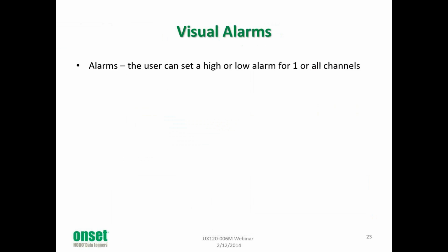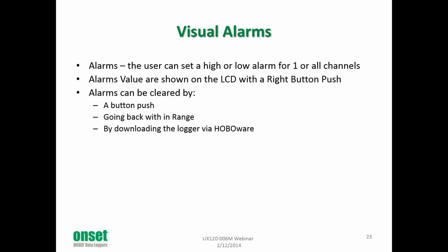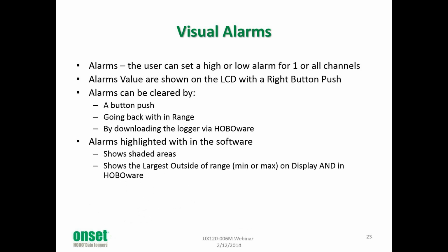So another feature that we've added onto this is something called visual alarms, where you can set an upper and a lower range for one or all 4 channels. It's displayed on the LCD with a right button push. The alarms can be cleared a number of different ways, whether that's by a push button, whether the sensor goes back within range, or by downloading the logger to HOBOware. The alarms are highlighted in the software. There's a shaded area, and also HOBOware shows the largest outside of range, whether that's min or max,